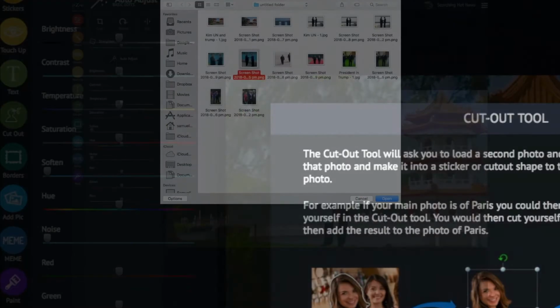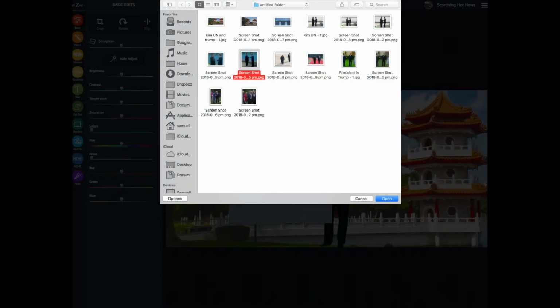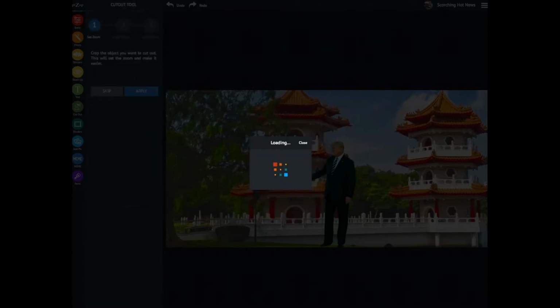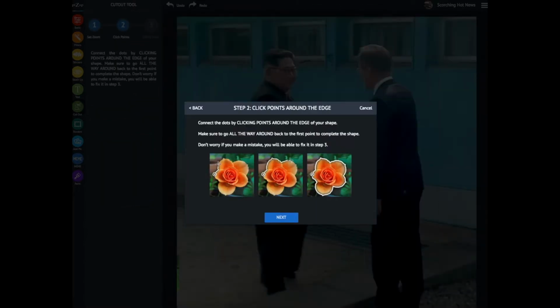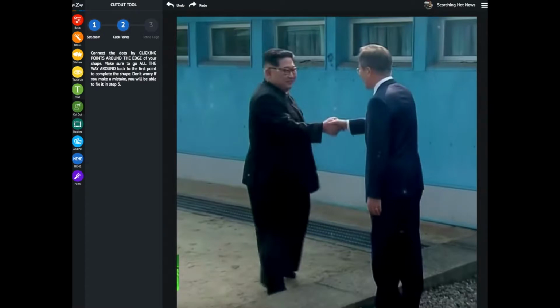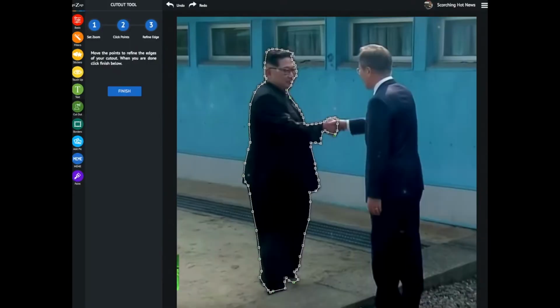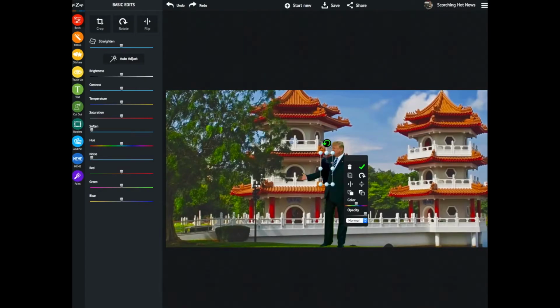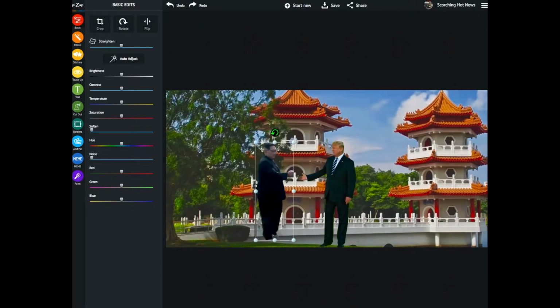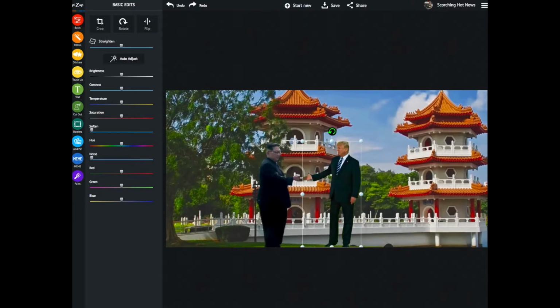Cut out. It's up there. No. I need his feet. So there are a couple of things I had to look for if I'm going to see what happens. Okay, so he's coming out small and Donald coming out large. That was strange. So there you go. We've got Donald Trump